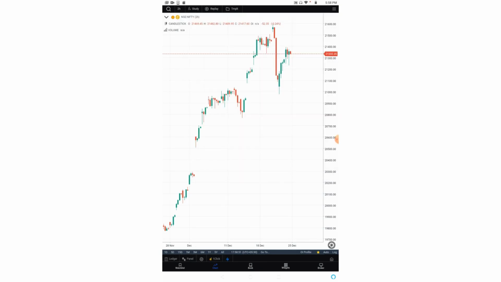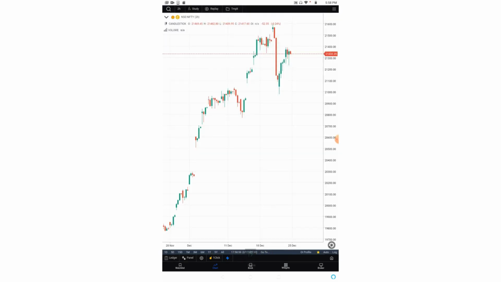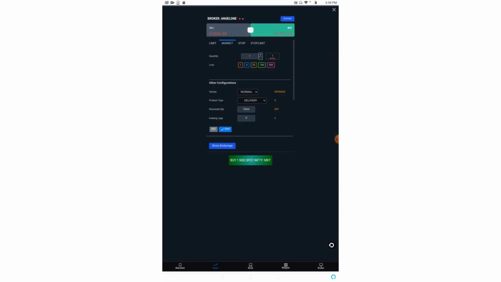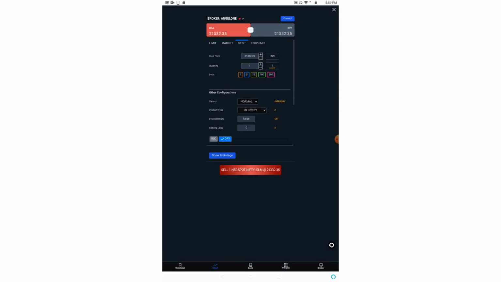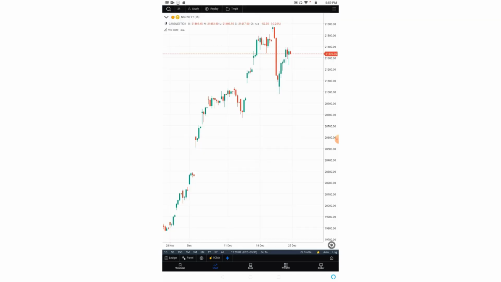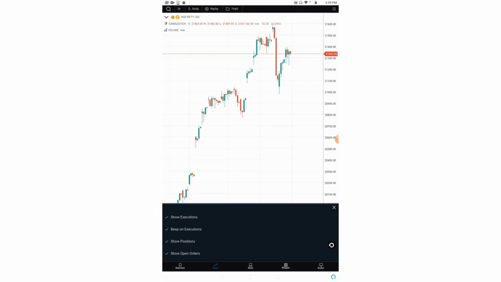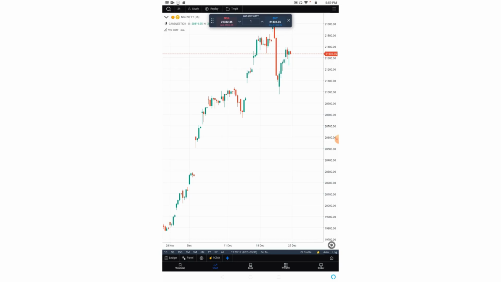Now here we have the trade section. In the trade section you have the ledger option. It will show you all your trades, orders, positions and balance. Then we have this trading panel. If you click on that, your trading panel will open. Here you have buy, sell option, limit, market, stop and stop limit. Then these are the trade settings where you can set show executions, beep on execution, etc. And then we have this one click trade mode where orders will be executed on the market order basis. You can switch on or switch off the quick trade mode. Again we press on the home button. So this was about the trade option.